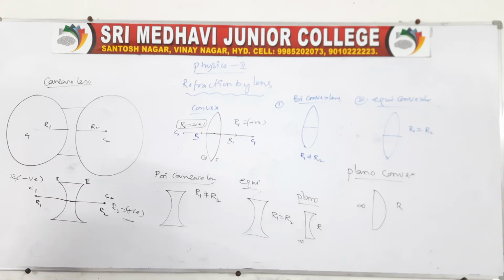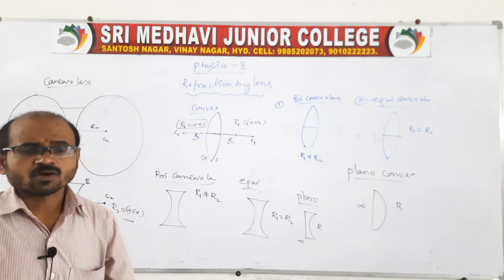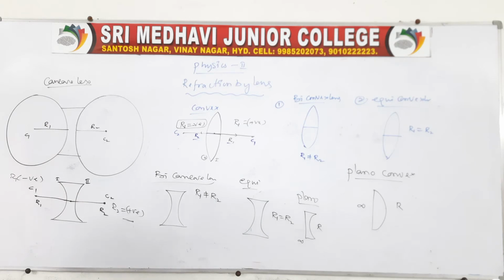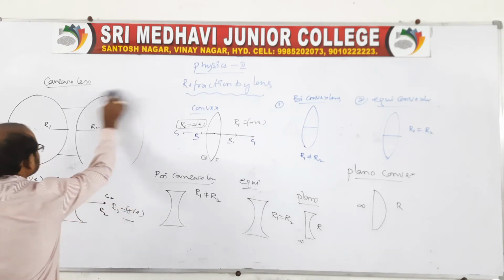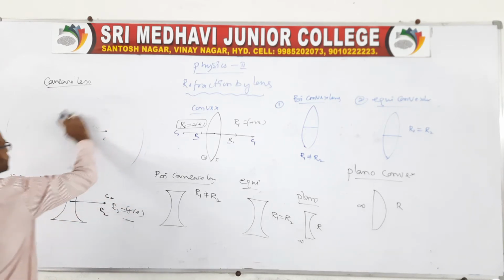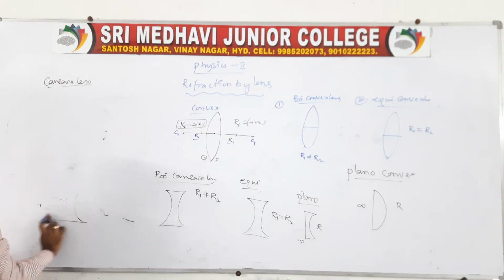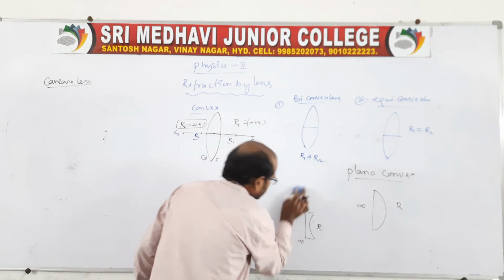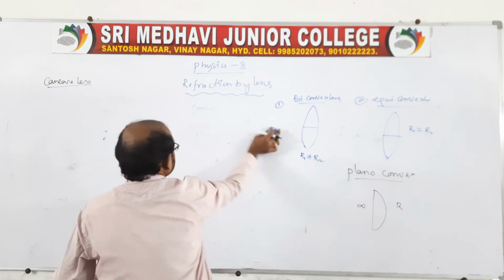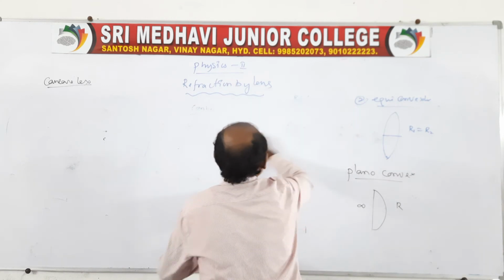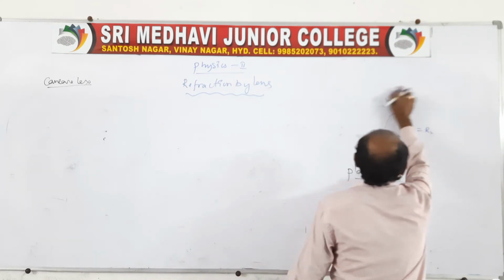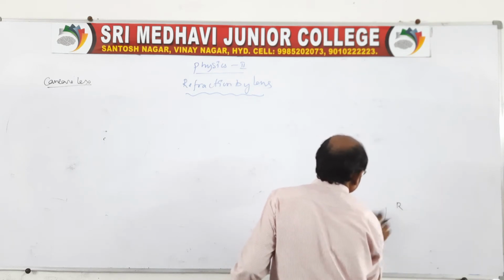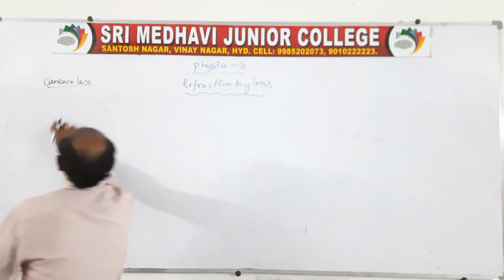Right, here the other lenses are there, that is concavo-convex and convexo-concave. I will show you the diagram first of all, then after we will see. Convexo-concave is one, concavo-convex is one. So the first one I will give you. Actually, if we know this lens theory, it is very easy. Right, it is clear information related to the lenses.